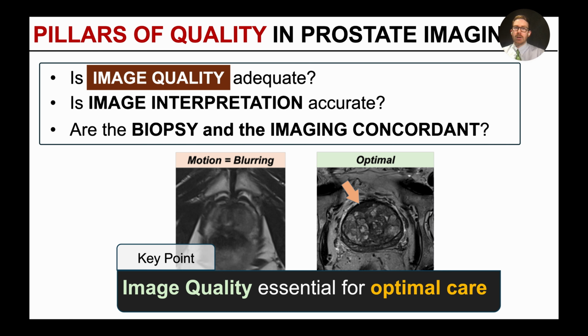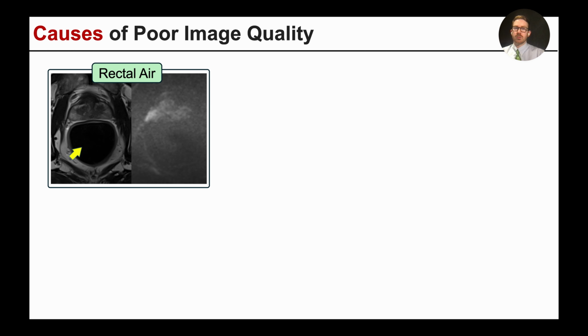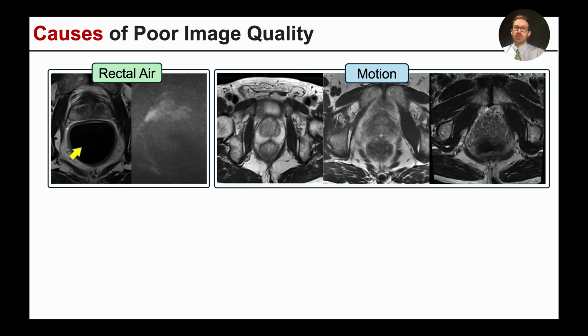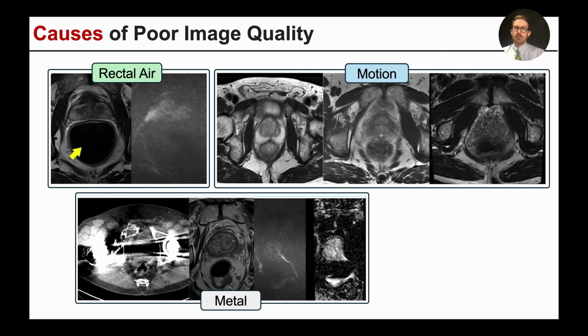So, why aren't all images as good as this last example? The first reason is a vulnerability to artifacts. Here you can see some examples, from rectal air, as you can see in this case, causing distortion of the DWI on the right, then motion, as you can see in these three different patients, resulting in different degrees of blurriness of the anatomy, and metal, such as in this patient with bilateral hip prostheses, with significant distortion of the